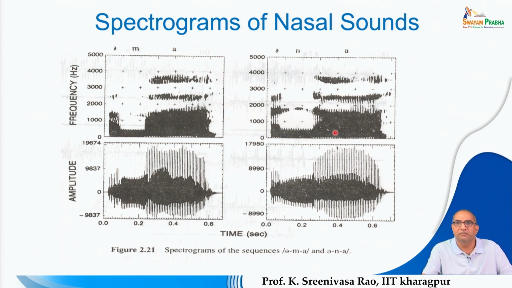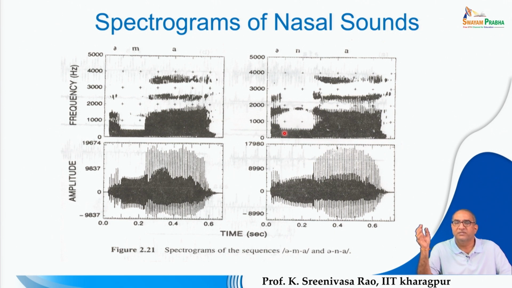So, if you can analyze the anti-resonances, one can discriminate the nasals Ma, Na and the others also, because only Ma and Na are present prominently in English, whereas in Sanskrit and Indian languages you have other sounds also, like Na is also there. So, there are 4 or 5 nasals that can be clearly observed in Sanskrit and our Indian